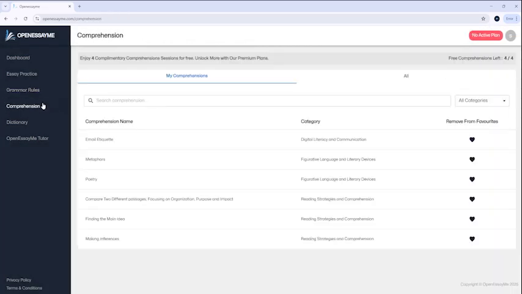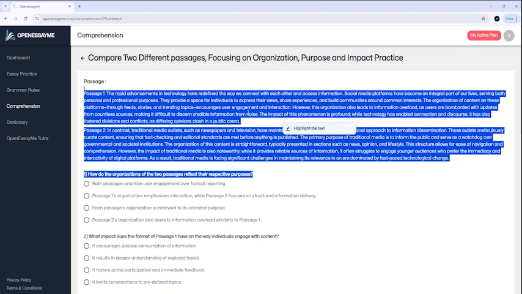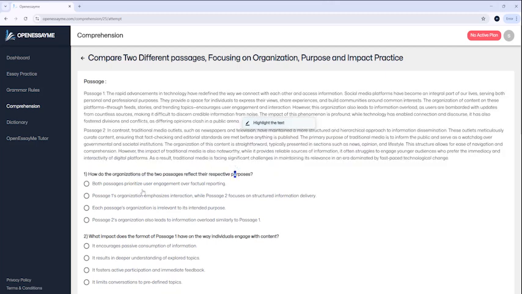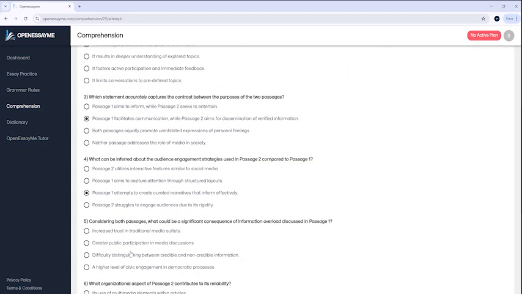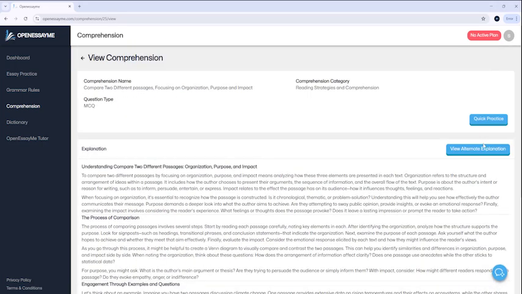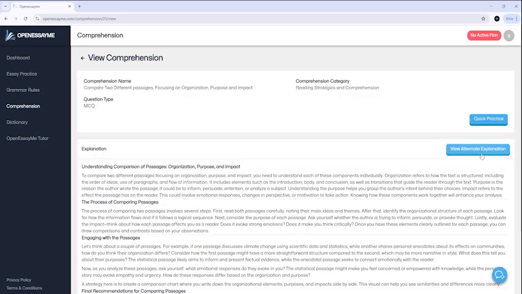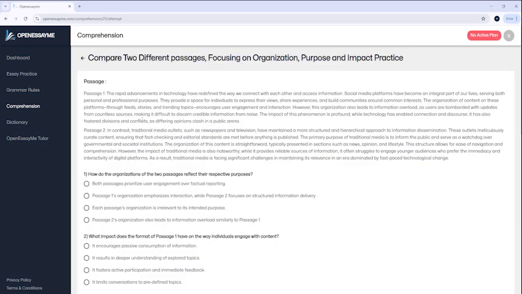Below the grammar section, you'll find the comprehension section, which reflects the type of reading passages commonly featured on exams, such as the GED and others. In this section, you'll encounter various passages, including single texts, paired passages, or poetry, each accompanied by related questions. Similar to grammar practice, you have unlimited opportunities to practice comprehension, receive detailed feedback, and explore alternate explanations for challenging